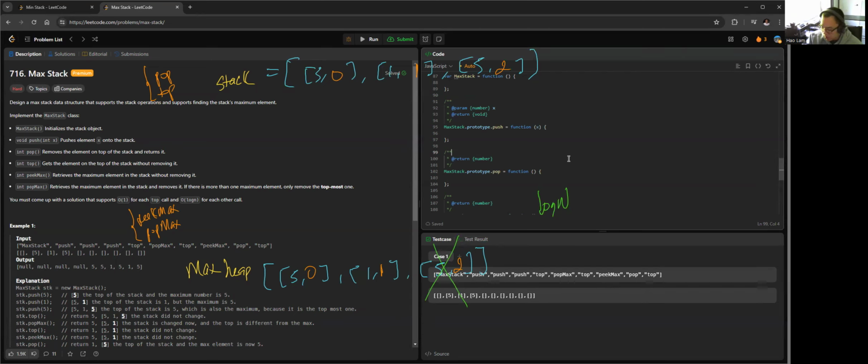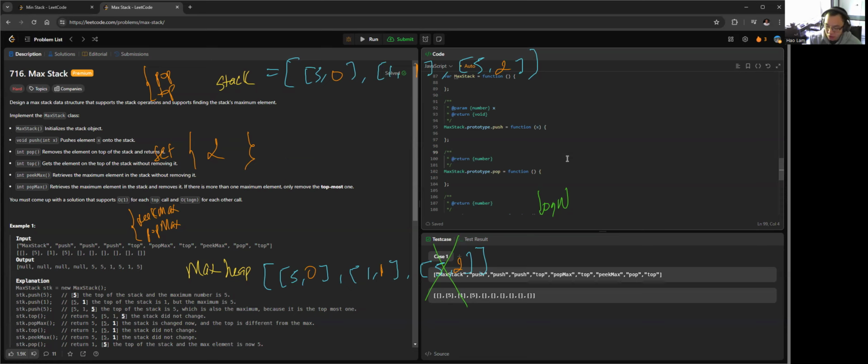Instead, we can just use a deleted set, a set to keep track of the deleted nodes, which is ID 2 here. Because if we go find the element, it's going to take us O of n, so we're going to delay this operation until later. So let's say we just keep adding and popping. And if we actually deleted the max,